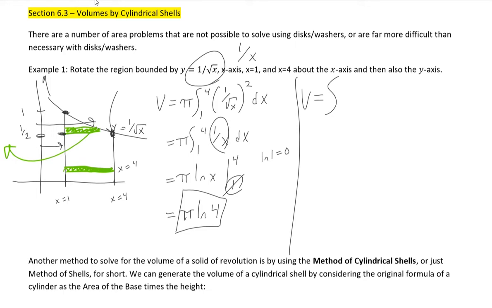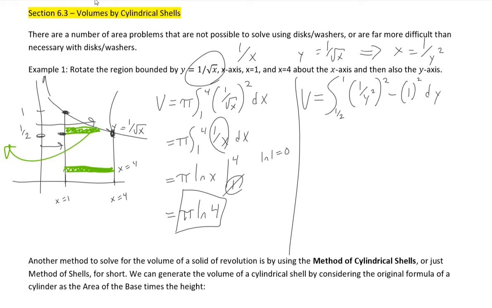Or 1 over root 4 would be 1/2. So from 1/2 up to 1, I have the outer slice being 1 over root x. If I have y equals 1 over root x, that's the same thing as x equals 1 over y squared, if you do a little bit of algebra. So then I have the outer radius being 1 over y squared minus the inner radius of x equals 1